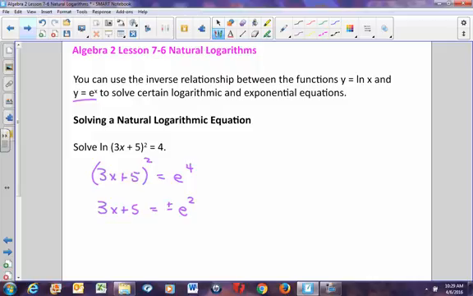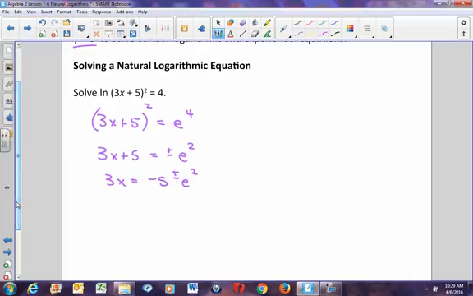Okay. So if I wanted to solve this, I would have 3x equals negative 5 plus or minus e squared, and then divide all that by 3. I would have x equals negative 5 plus or minus e squared over 3. And then if I wanted the approximate answer for that, I would put in my calculator negative 5 plus e squared divided by 3, and negative 5 minus e squared divided by 3. And if I do that, I'm going to get x would equal approximately